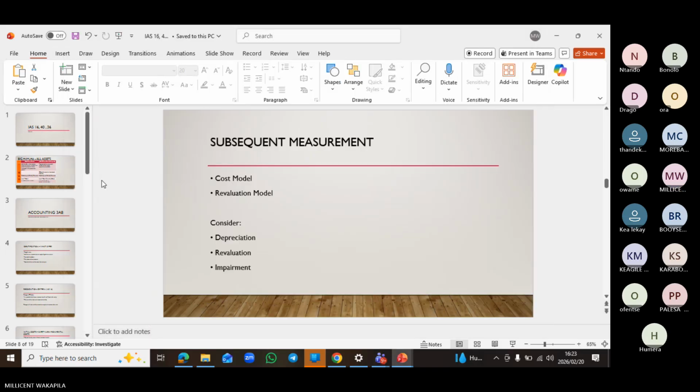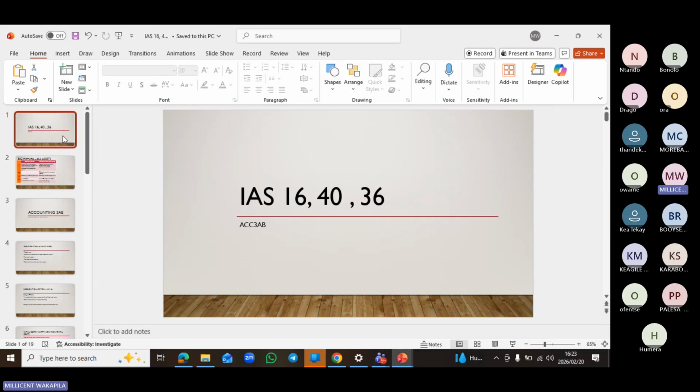Right. So today we want to look at IAS 16, IAS 40, as well as IAS 36. IAS 16 is actually the investment pro... because in the previous class that we had, we discussed the conceptual framework. When we discussed the conceptual framework, I told you that in accounting we have identification, classification,